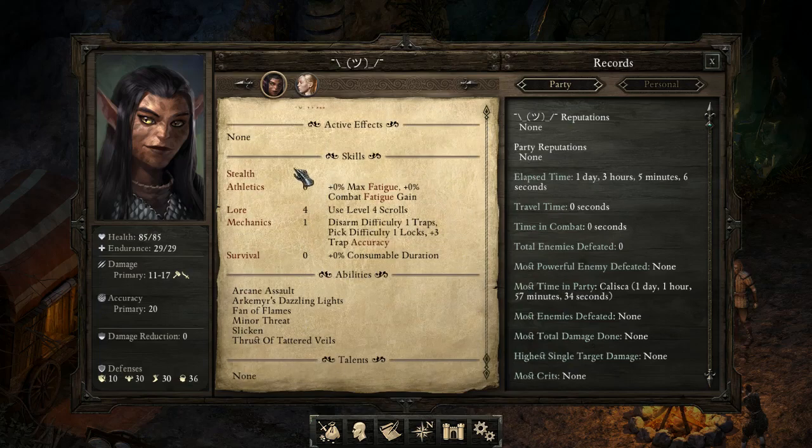Now, I haven't showcased skills yet, so I'll talk about those now. There are 5 skills in Pillars of Eternity: Stealth, Athletics, Lore, Mechanics, and Survival. Mechanics comes into play during exploring, as it is used to find hidden compartments, detect traps, and pick locks. In combat, Mechanics